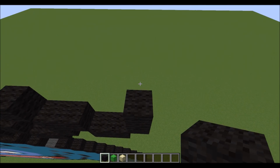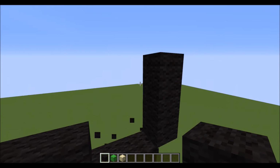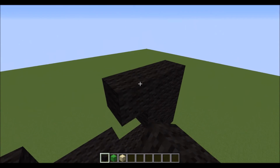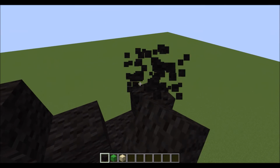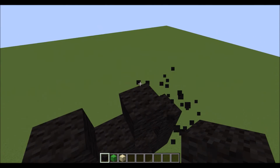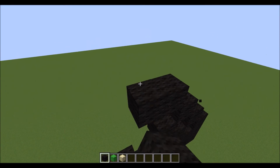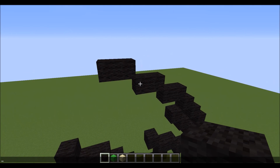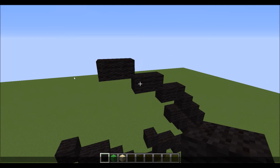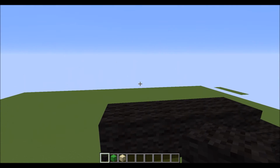to the right, 1, 2, 3, and now from this middle block here, place 3 blocks going diagonal up to the left, 1, 2, 3, and now going back to these 3 blocks here, place 2 blocks going diagonal up to the left, 1, 2, and 3 sets of 2s across up to the left, 1, 2, 1, 2, 1, 2, like that. Now 4 blocks across up to the left, 1, 2, 3, 4,